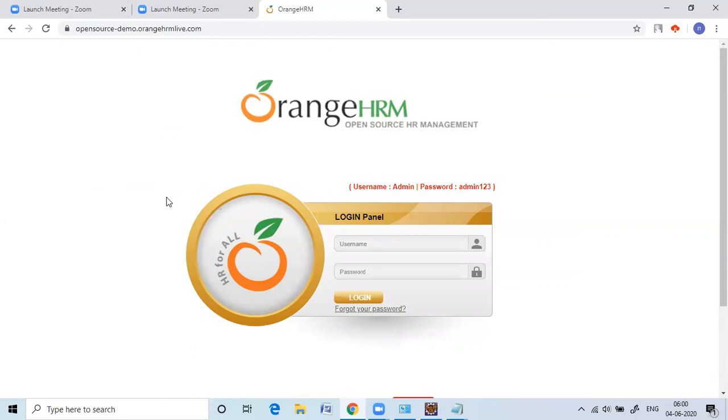Okay. So now, this is our login panel, right? Are you able to see my screen? Are you following? Yes, sir. So in this screen there is a login panel, right? In the login panel, what are the things we are able to see? One is the username and password field, and a click on the login button, right?